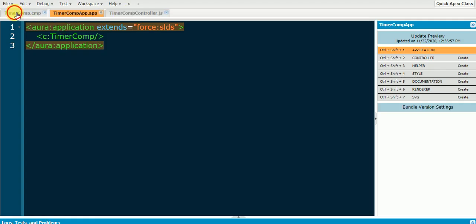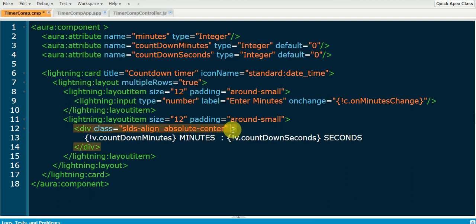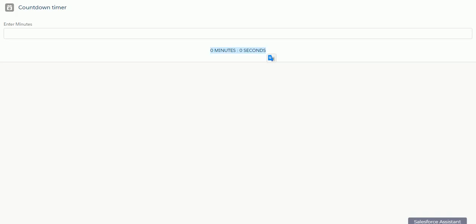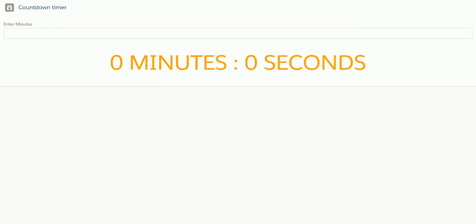To increase the font size, go back to your component and I'm gonna add a style tag here itself. And I'll just give the font size as 60 pixel. And also I'm gonna change the color of the font to orange. Yes, we'll check how it looks. Go back to our application and just refresh your page. Now you can see here it's showing in the orange color font, or font is in orange color, and also the size is also increased here.